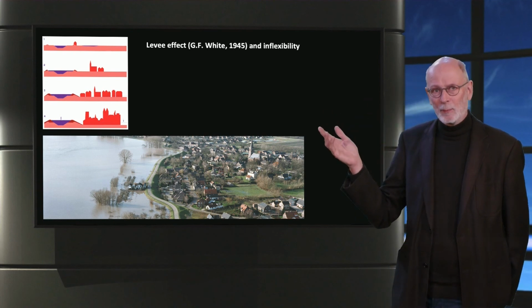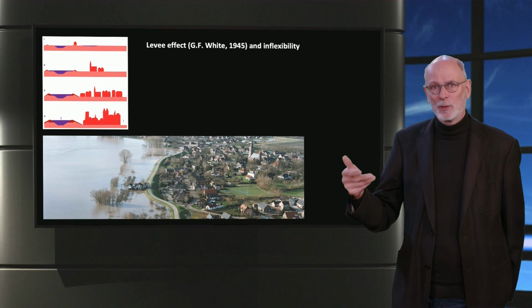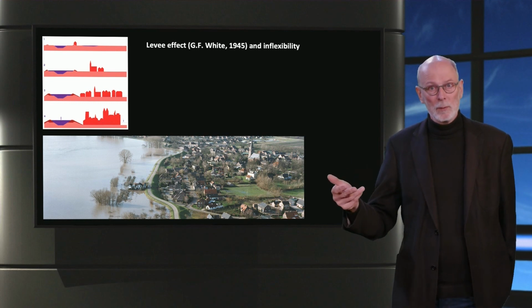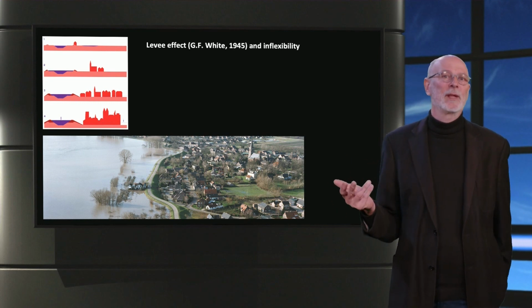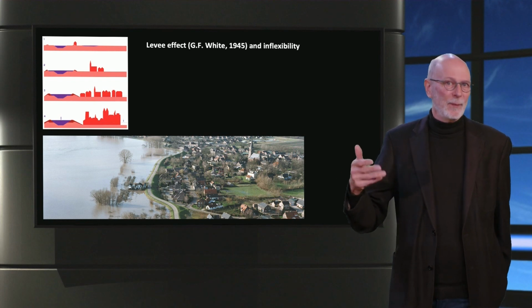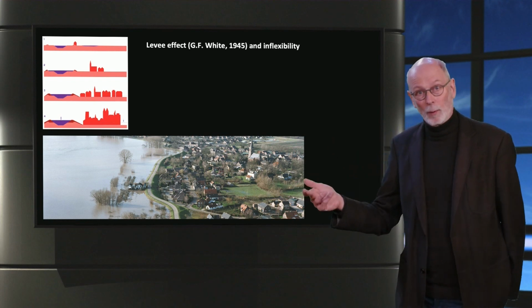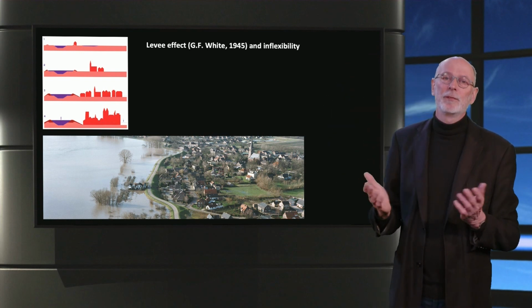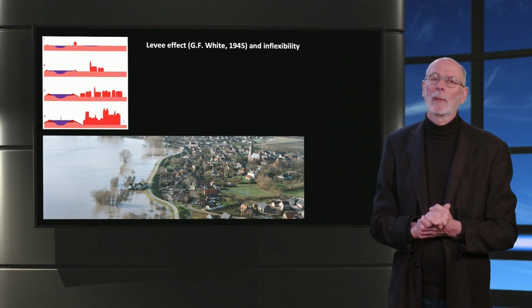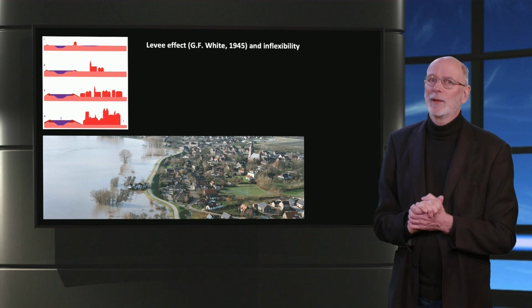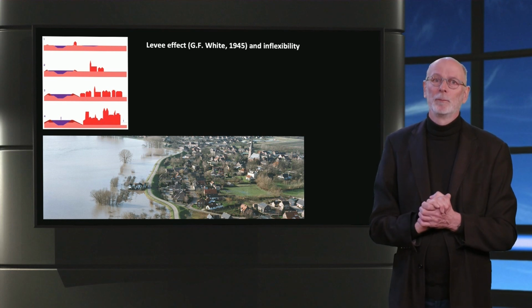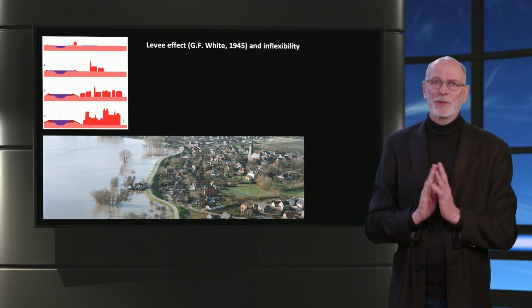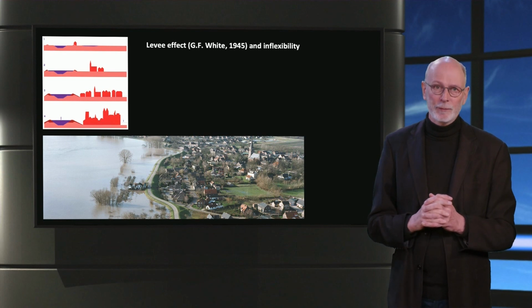The better protected people feel, the more they dare to invest. But the more they own, the louder their call for better protection. And when they get these higher dikes, they invest even more, etc., etc. A vicious spiral, leaving insufficient room for the river. That things really work out like this is obvious from the picture at the bottom. As said, 30% of our country is prone to river flooding.